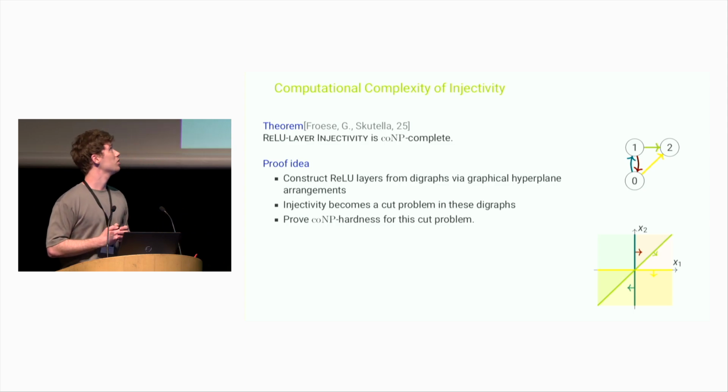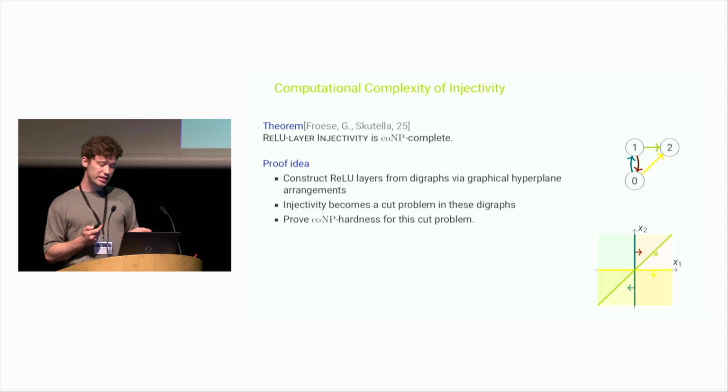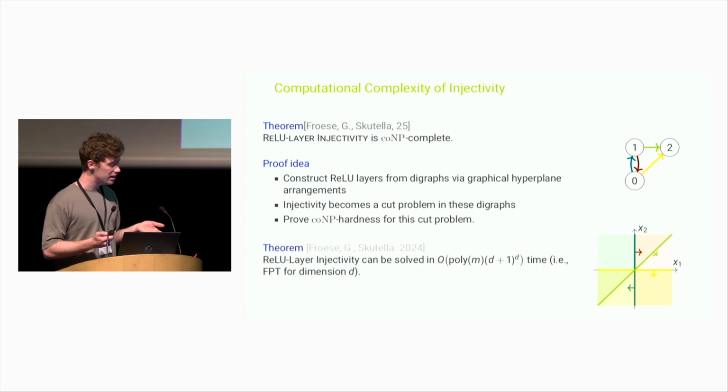So there is no hope for polynomial time, but still there remains the question if we can do something better than simply checking every single cell. And here the answer is yes. So we can design an algorithm